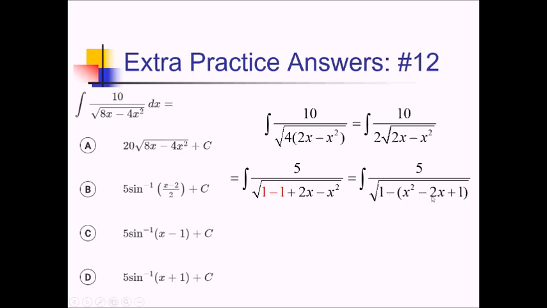Now the reason that's nice is because if we factor this right here, two things that multiply to positive 1 and add up to negative 2, well, that's going to be x minus 1 and x minus 1, or just x minus 1 squared. And at this point, you might be thinking, this looks like the format of one of my arc function derivatives. And it is. This is basically arc sine, but instead of minus x squared, we have minus x minus 1 squared. So we can turn this into now 5 times the sine inverse of x minus 1. Don't forget the plus c, of course. So that's going to be answer choice